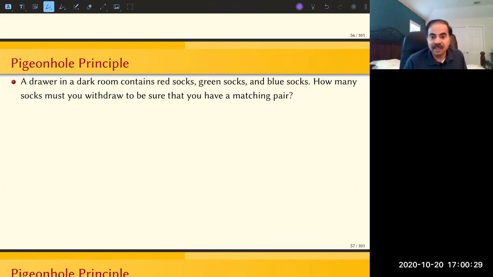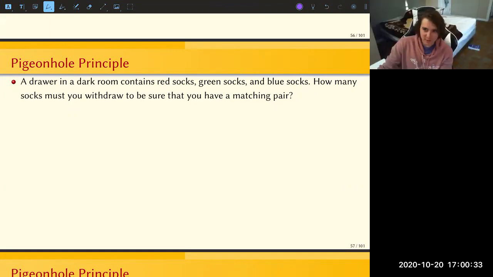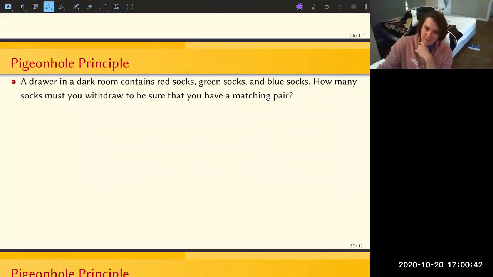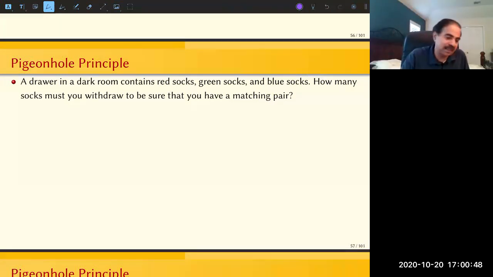So Alex? Well, I mean, if you take out all of them, you're going to be guaranteed to have a pair. Yeah, but the problem asks for the minimum number of socks. Let's say minimum. All right. Or if you're going to make a probabilistic argument, you can say this many you have to draw in order to get at least a certain probability of